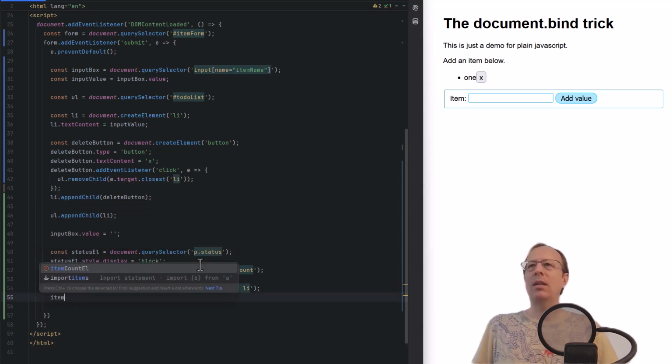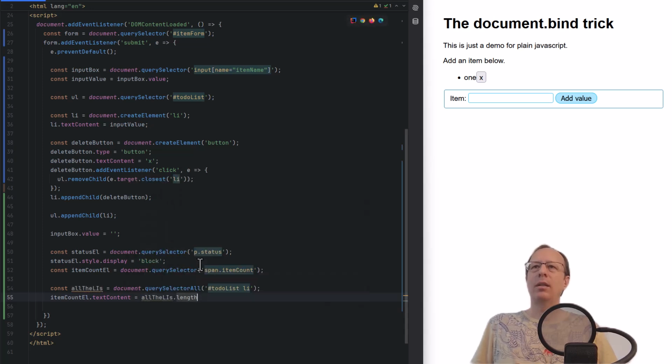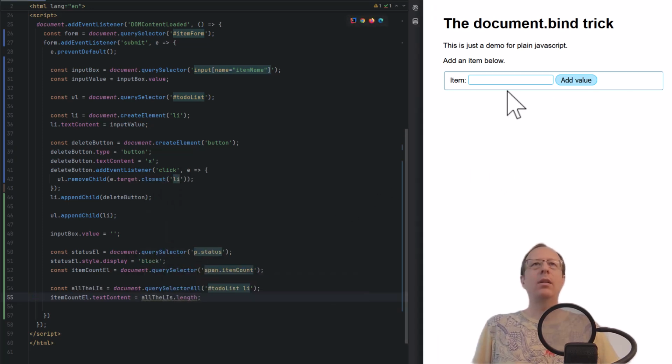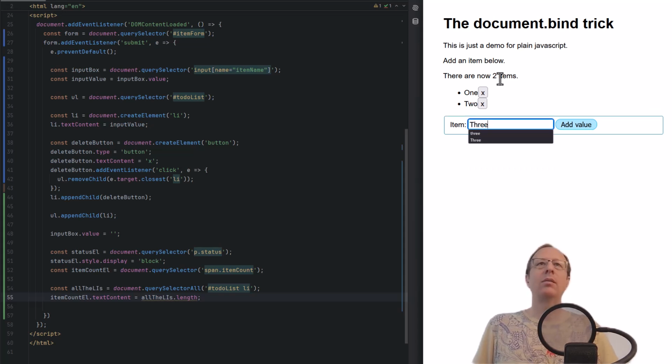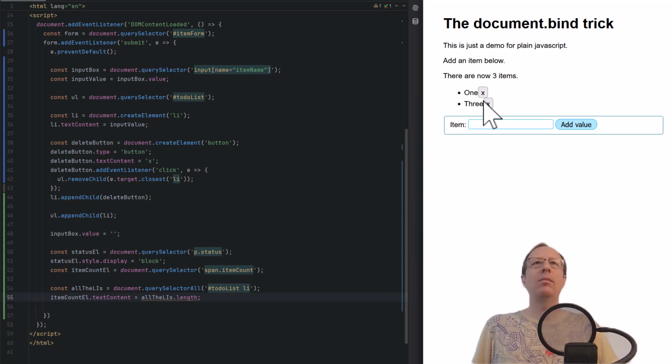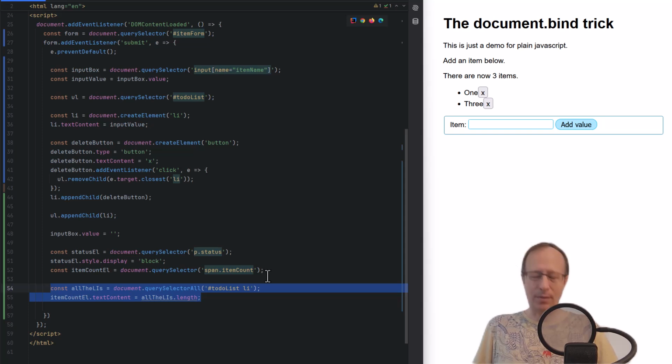So we can just set the item count element text content to all the lis.length. Okay, let's have a look at this. Right, now there are 1 items. Okay. 2, 3. If we delete them, then we have a little bug. Okay, let's fix that real quick.